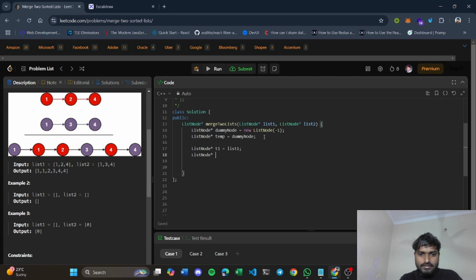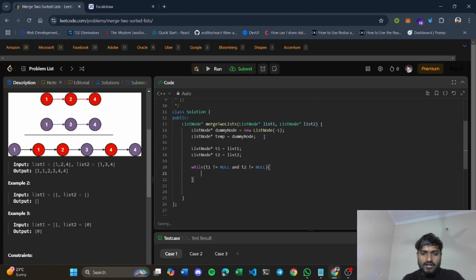T2 is equal to list 2, right? Now you will run your while loop until your T1 pointer is not pointing to null, and also T2 pointer is not pointing to null, right?